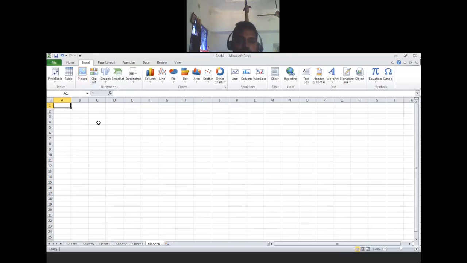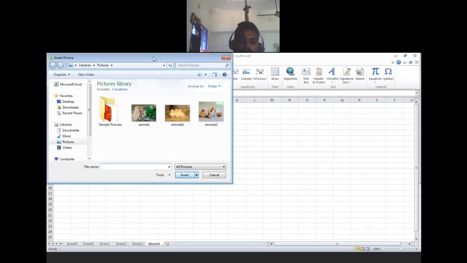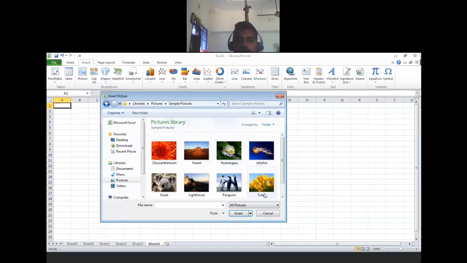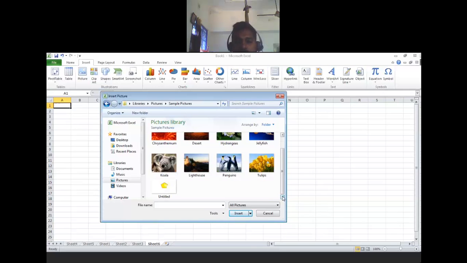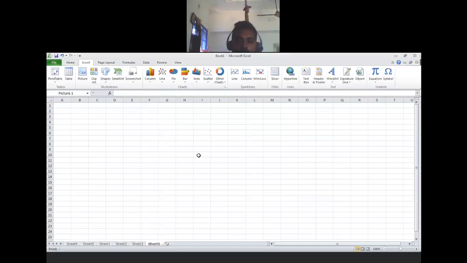Now the pictures. If you have some pictures on your local system, you can take those pictures. Click on Picture, and a screen like this will come with local drives. Here I have already downloaded some pictures, or if you haven't downloaded any, you can go for sample pictures, which every system has by default. But I had already downloaded. Everybody knows how to download from Google. I downloaded it and click OK.